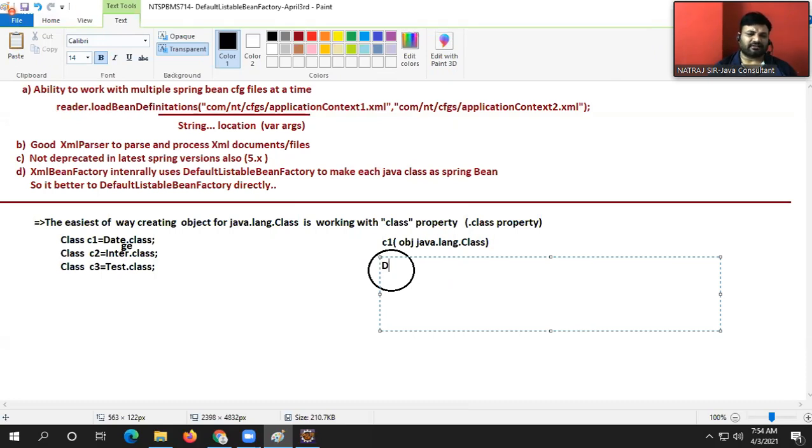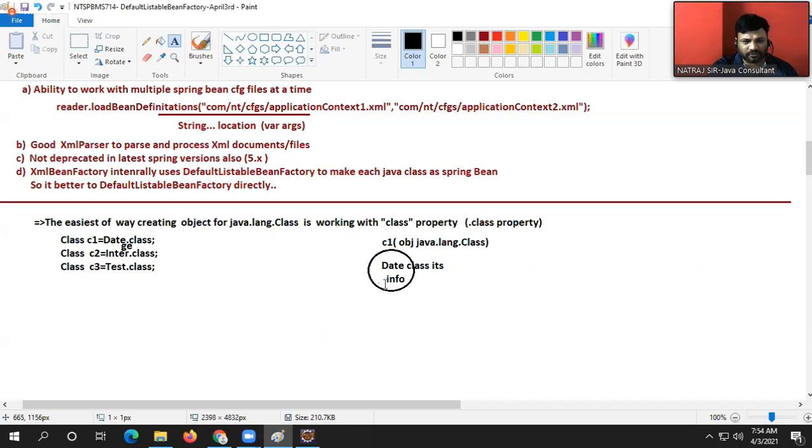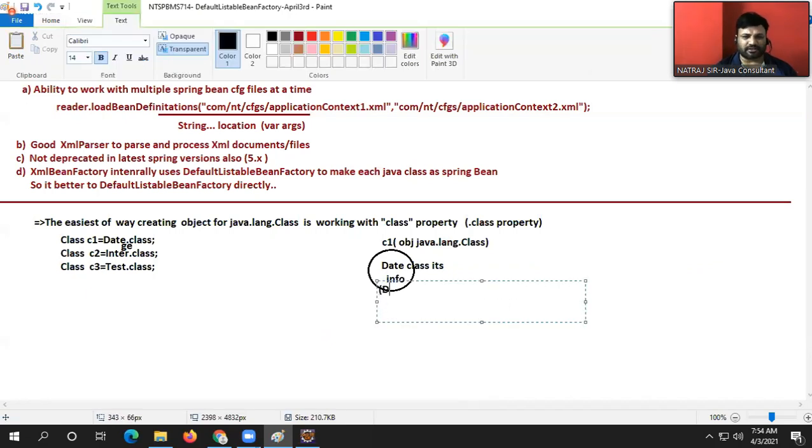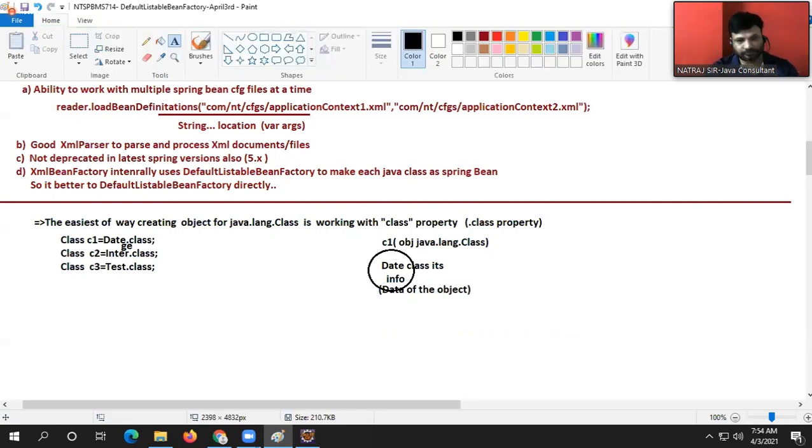Date class and its info, as the data of the object. Similarly,